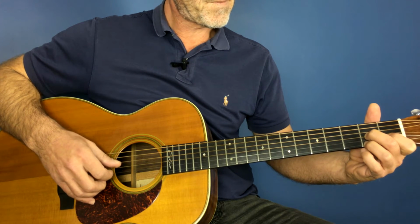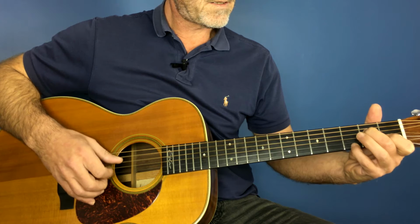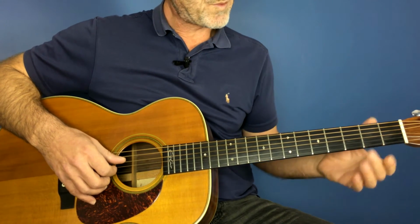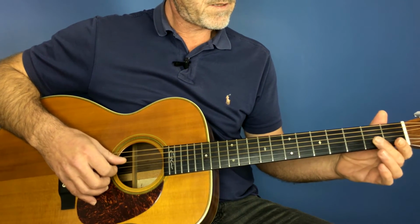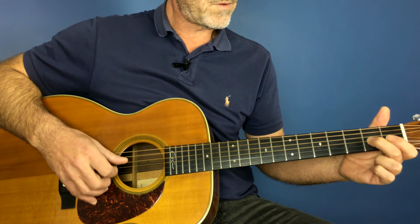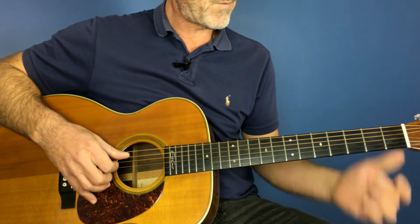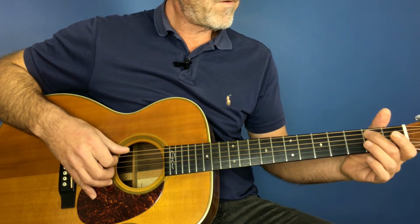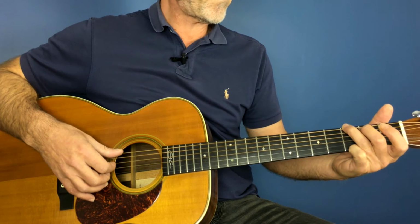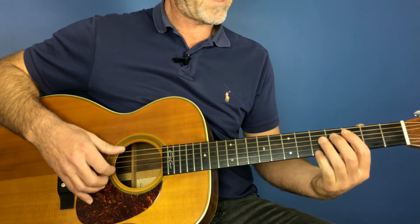D7. Yeah, so all that bit's doing is, and we're just playing on the 3rd string, slide from 2 to 4 to 2, open, all on the 3rd string. Then we can play open 4, fretted 5th string on the 2nd, and fretted 6th string on the 3rd. Okay, so we have